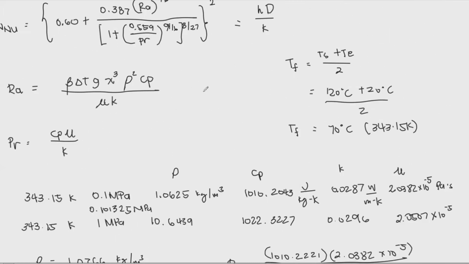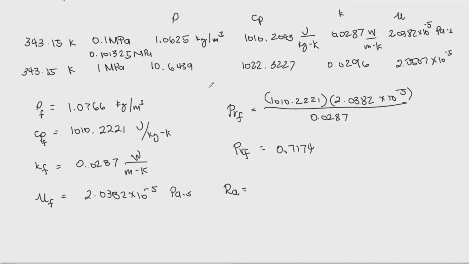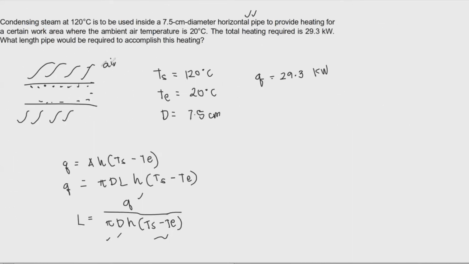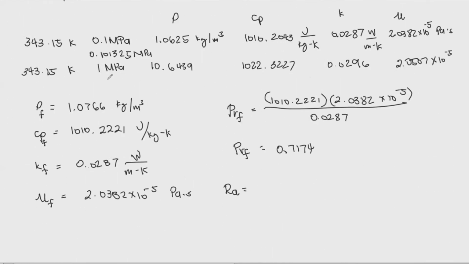It's beta delta T g x cubed density squared Cp. And remember, beta here is the one that we solved before. Remember, the pipe there was actually immersed in a pool. Now in this case, the pipe is exposed to the air, and since air is a gas, we can now use beta as the reciprocal of the temperature, and what we'll be using as the temperature is the film temperature. So in this case, beta is equal to 1 over the film temperature, which is